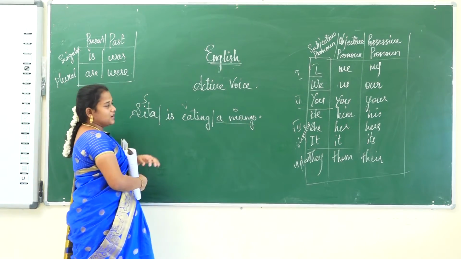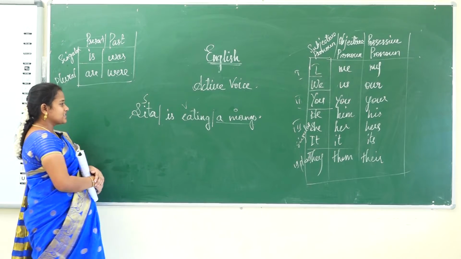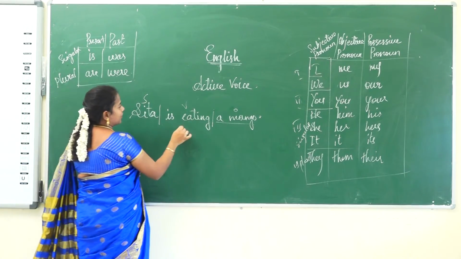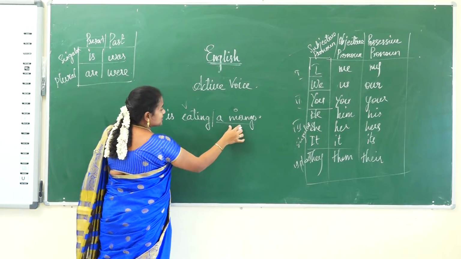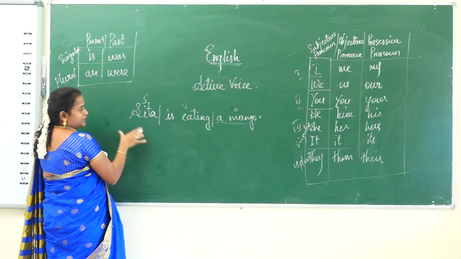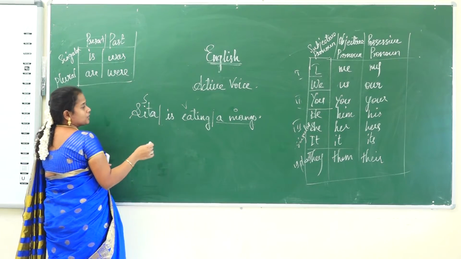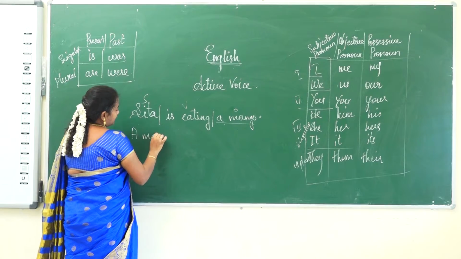Let us learn the simple thing first, then we will go for the complicated sentence. A mango, according to the rule, this is a subject, this is a verb and this is a object. Doer, action and receiver. This receiver object has to come and occupy the place of the subject while changing the